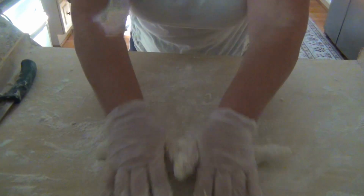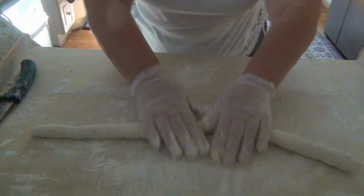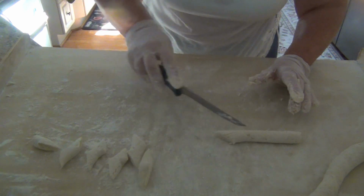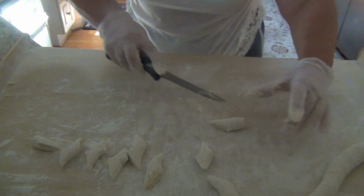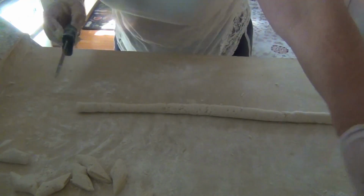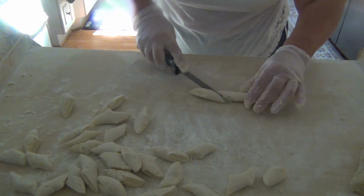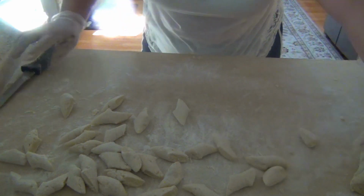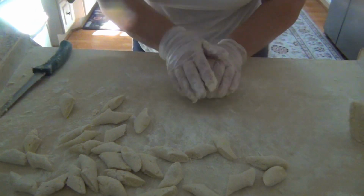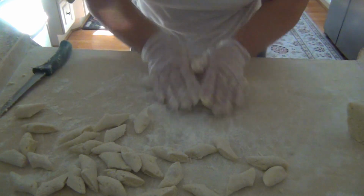Just roll this and make small ones like this. From 6 potatoes, I make so many kopytka. Enough for dinner. What is left over,